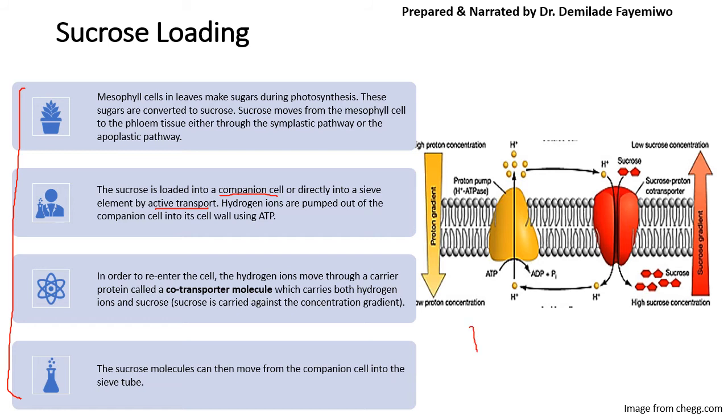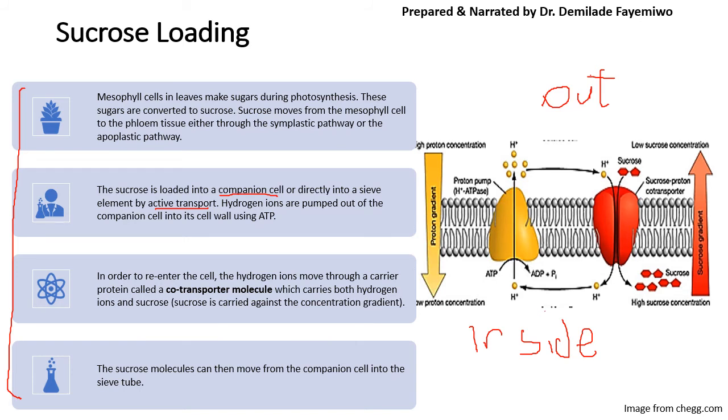We call this the inside of the cell. So I'm just going to write inside. I don't do very well with writing with a mouse, but that's the inside, and over here is outside. Okay, so in order to transport sucrose into the phloem cell, what will happen is that there will be proton